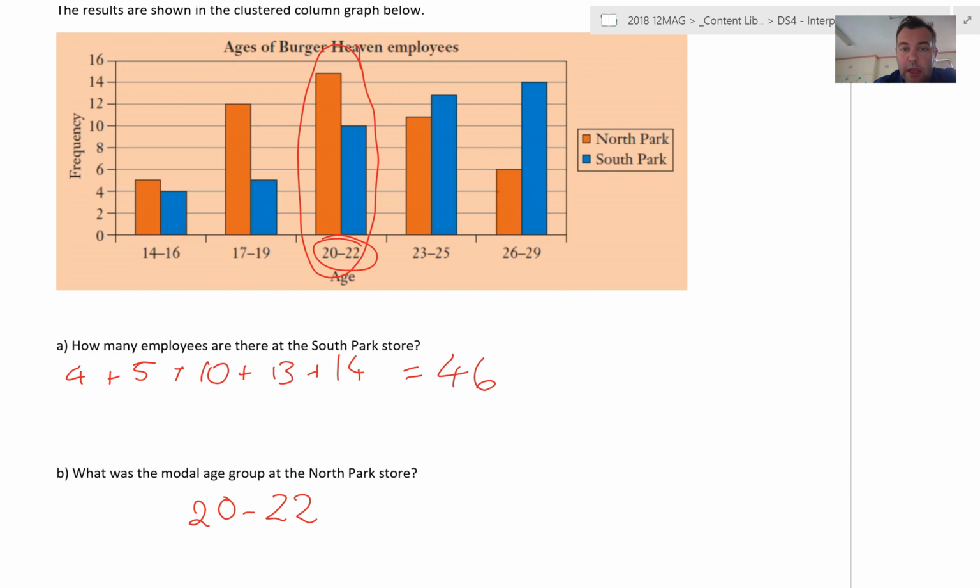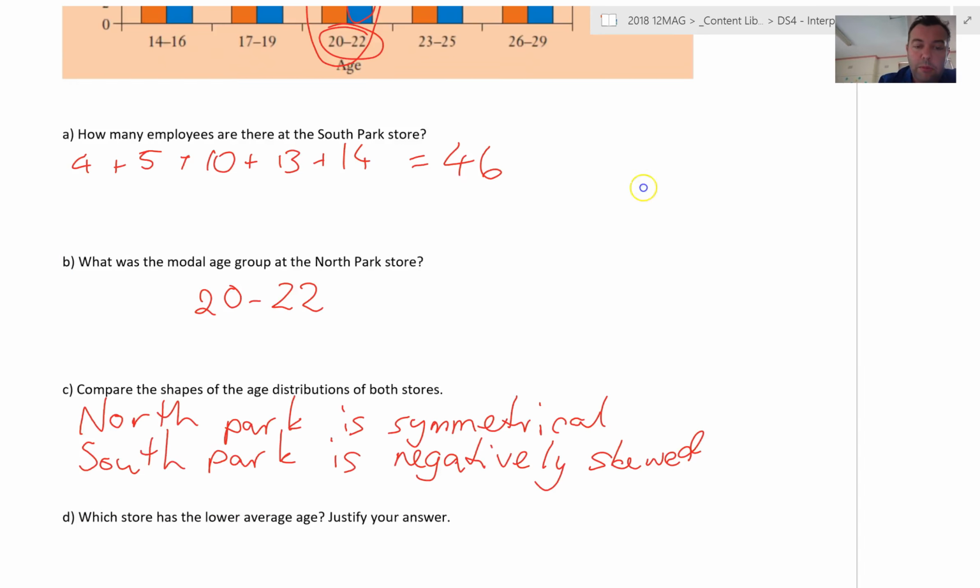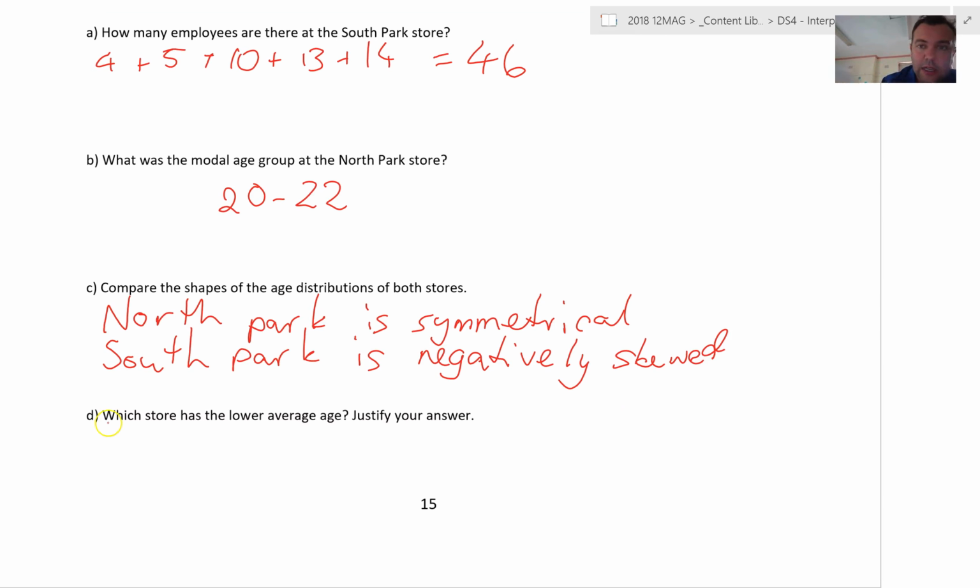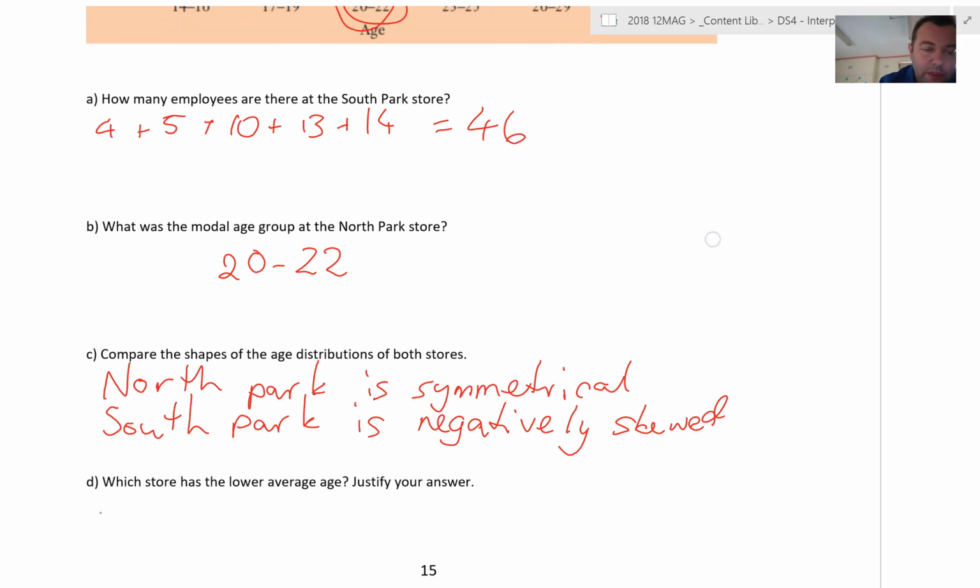On the other hand, if we look at South Park, look at this one here. Do we have equal numbers of employees on either side of that? No, we don't. There's definitely a lot more employees that are older than this age category. So South Park's mean age, average age, must be greater than this. It's going to be somewhere along here. So by that means, I'm going to say that, what was the blue one again? South Park